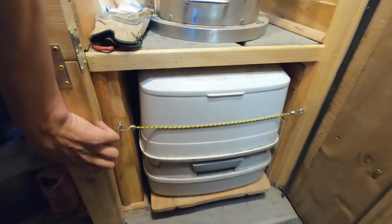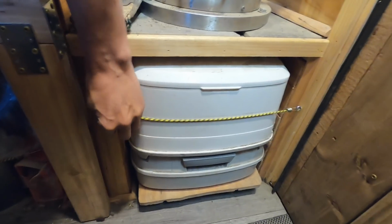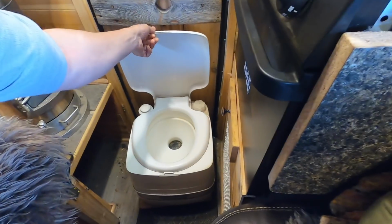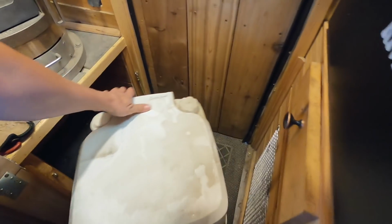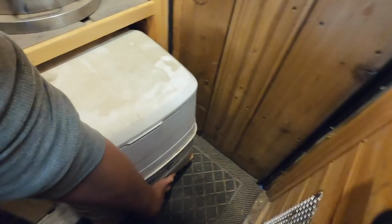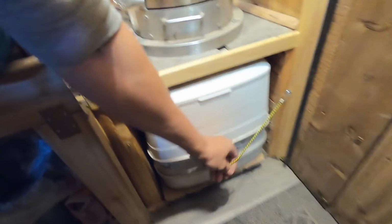Under the wood stove, I was able to fit a toilet. After 6 years of full timing, I learned that you have to have a bathroom, especially when you're in the city and there's nowhere to use the bathroom at 2 in the morning. You can't just go out in a parking lot. I'm able to do all my business in the camper, and it's real easy. You just slide the porta potty out and then you can go dump it at just about any gas station,